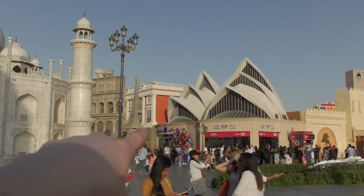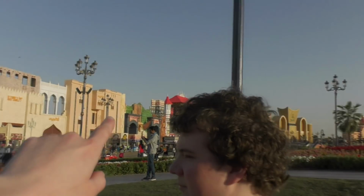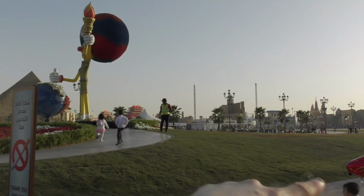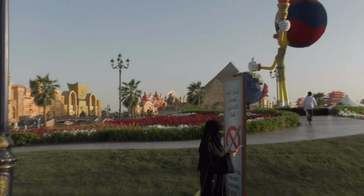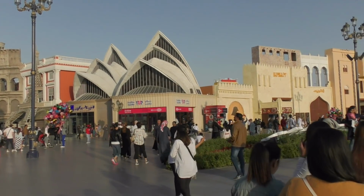Got the Sydney Opera House just there. I didn't notice that when we came in. Obviously that was where we came in. We've done a full loop round. It probably took an hour to walk round this, and we haven't even gone into, well, we've been into one area. We went into the European area, but like Harry said, they're doing a bit of expansion, aren't they, at